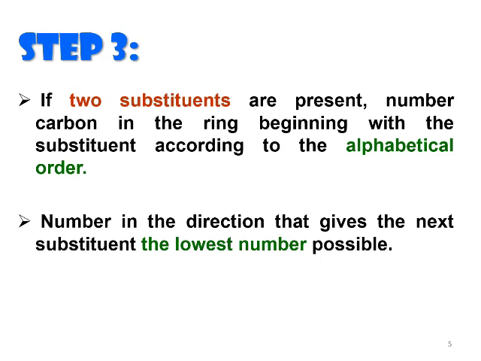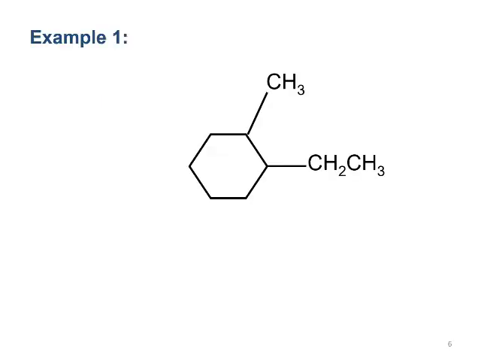Step number 3. If two substituents are present, number the carbons in the ring beginning with the substituent first in alphabetical order. Number in the direction that gives the next substituent the lowest number possible. Example: